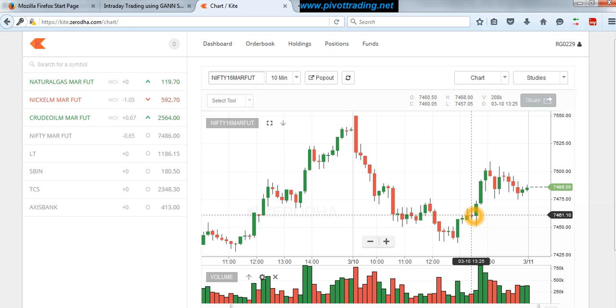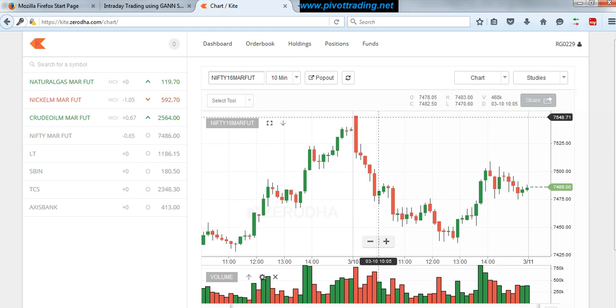So this is the candle of 1:25. This is the candle of 1:35. So somewhere between this, we will be calculating the levels. Again, to calculate the levels, since this is not the initial half an hour of the market, we won't be using the average price. We would be using the LTP, or we should use the closing of the previous candle. So these are the two ways. Either you can use the LTP or you can use the close of the previous candle.